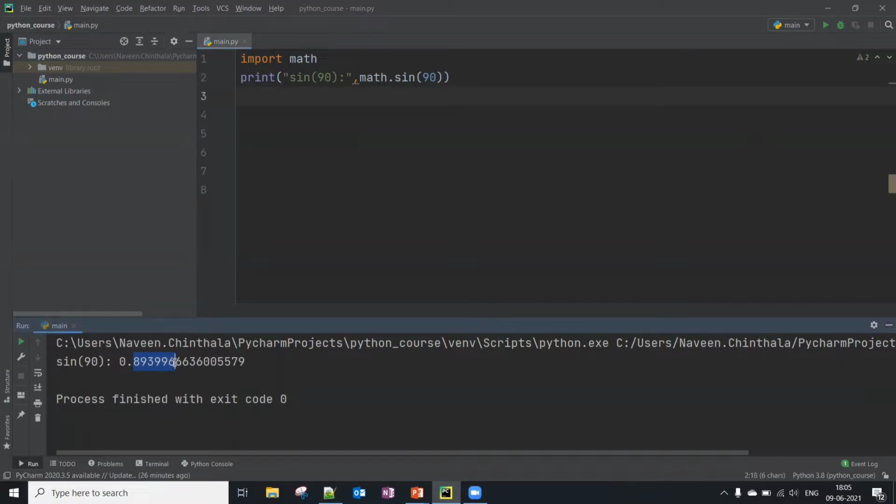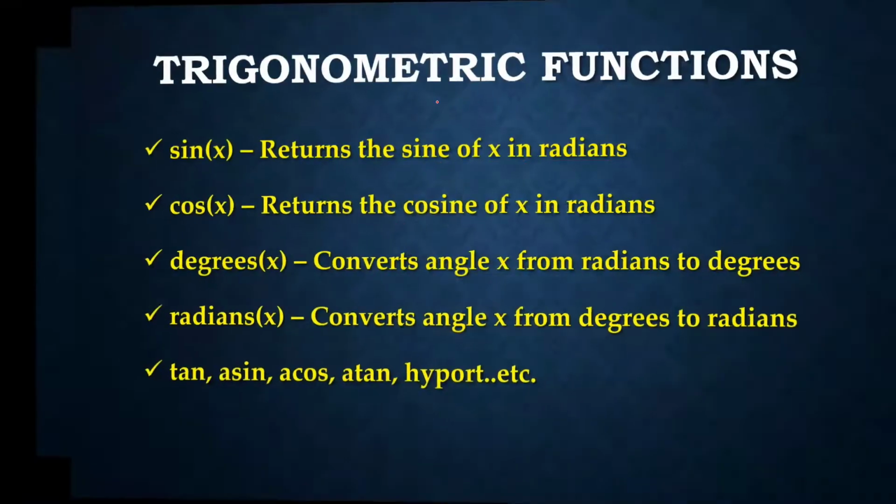This is the value of sine 90. Similarly for other functions, everything is the same, just change the name of the function, so I'm not going to cover it. And even for conversions, math.degrees and math.radians, we can use those functions. Okay, that's about the trigonometric functions.